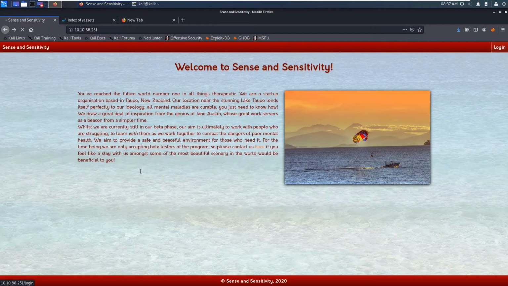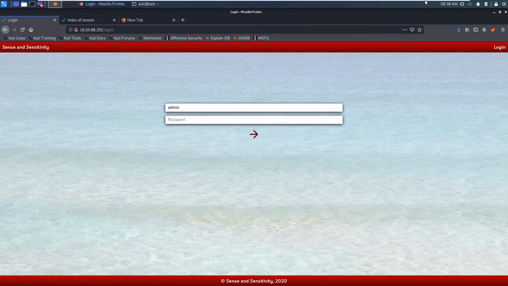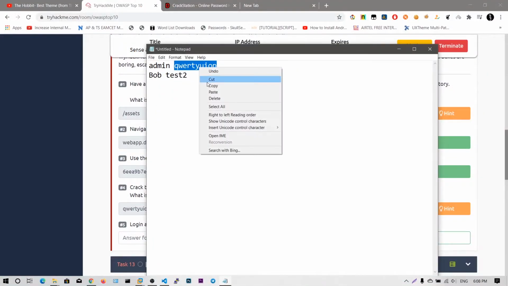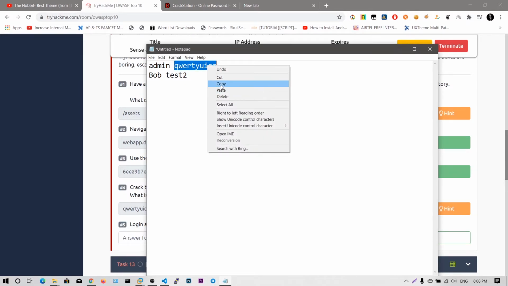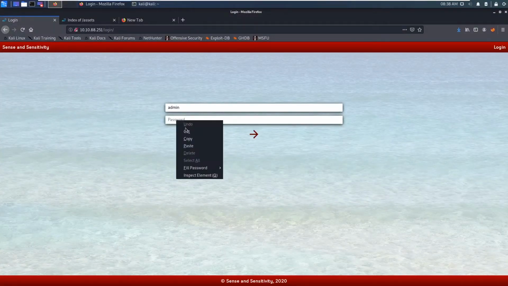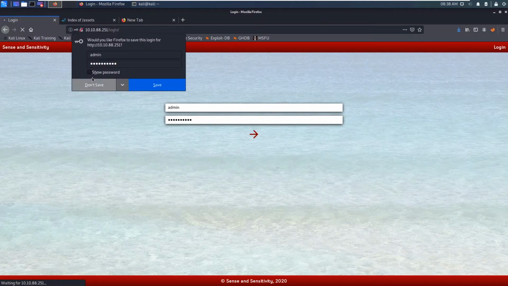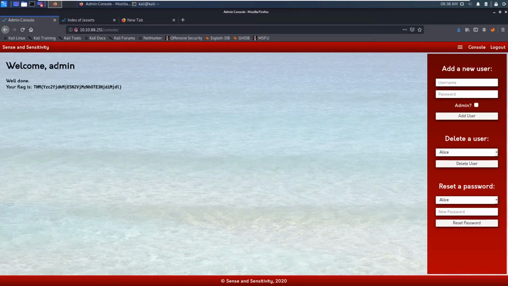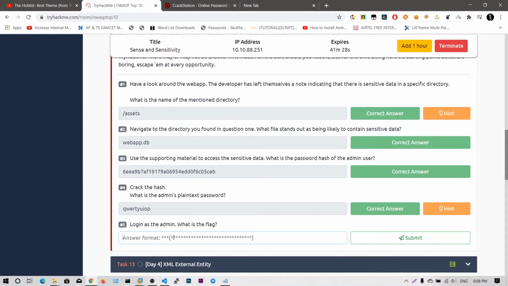There is a login page, so you can just log in as admin and copy this password. You need to memorize all the elements of this HTML. See, this is the login page. If you log in, there you go, welcome admin, and there is a flag. You need to copy this and paste it in here.